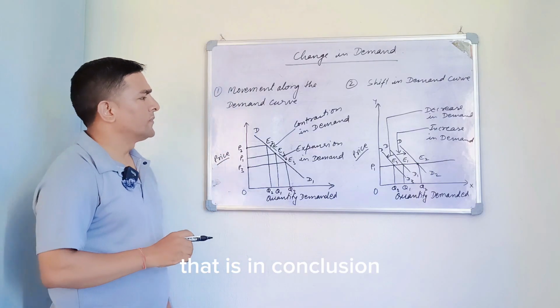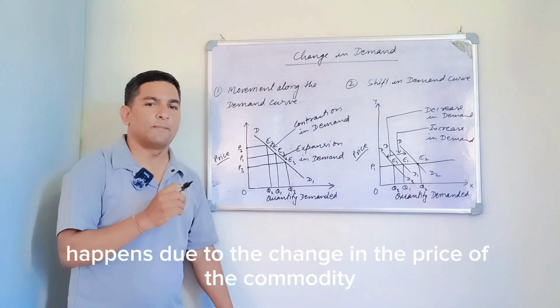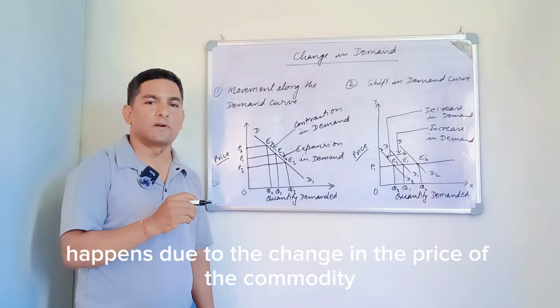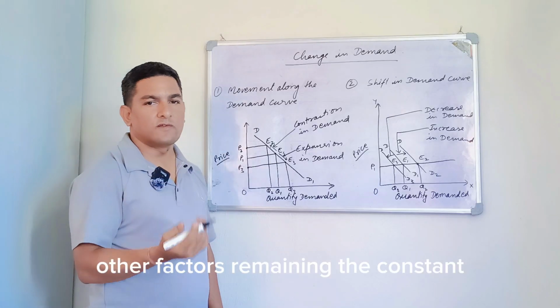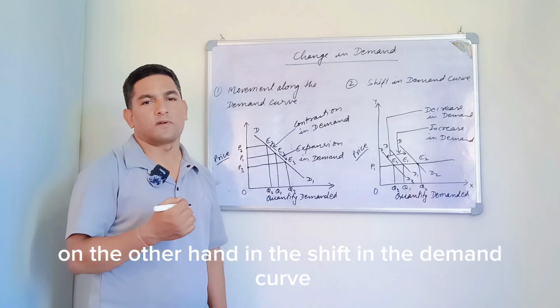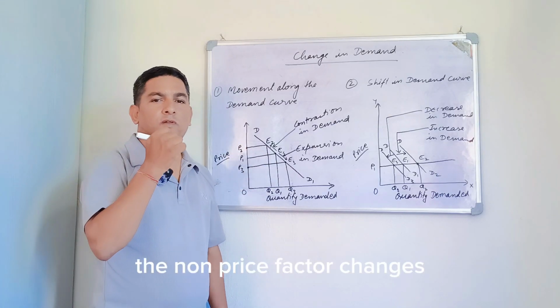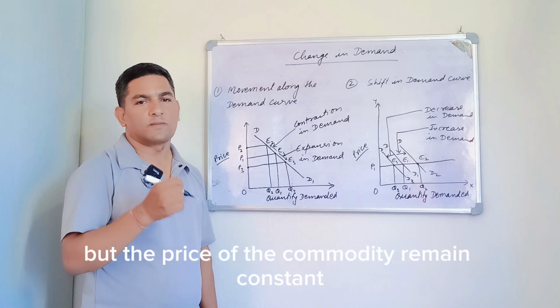In conclusion, the movement along the demand curve happens due to the change in the price of the commodity, other factors remaining constant. On the other hand, in the shift in the demand curve, the non-price factor changes, but the price of the